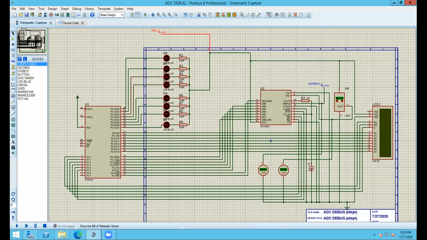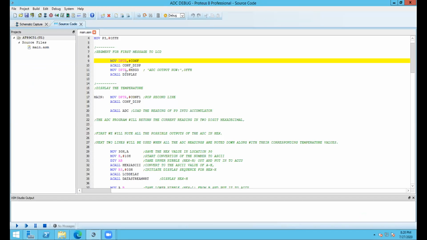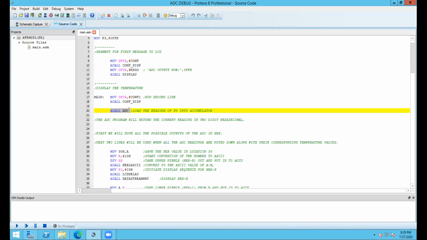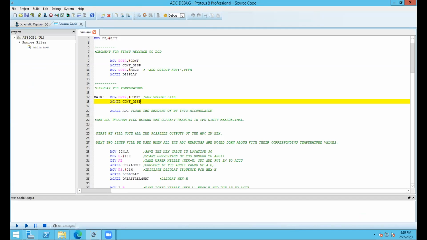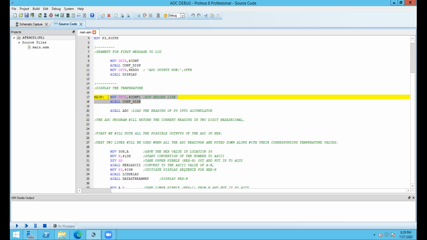So after displaying the first message, the ADC output now message, it will go to the ADC function. Meanwhile, it will load the configuration to the LCD that it needs to show the next data from the port.